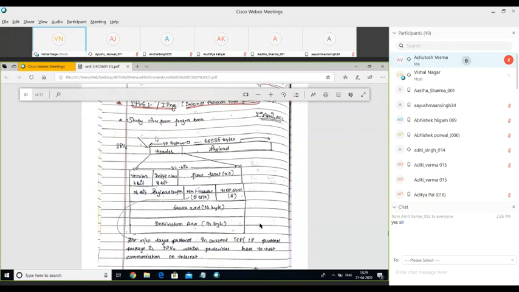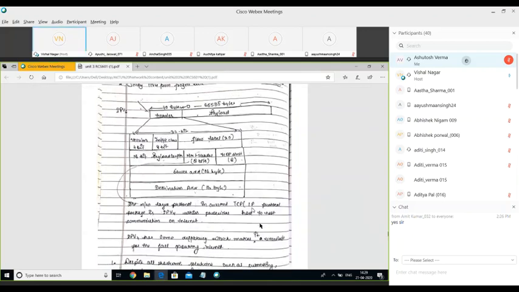For IPv6, this version field will have the value 0, 1, 1, 0. I'm sorry, 0, 1, 1, 0. So 6 is the value of this version field, and this is represented in 4 bits. Next is traffic class. We will discuss each and every field one by one. The first one is version, which we have already discussed. Then we have traffic class.